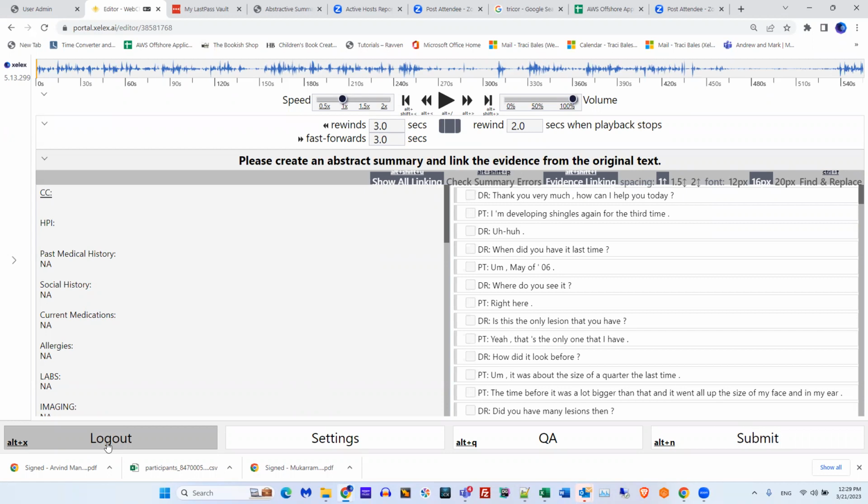Some other information about this: if you need to take a break, take it before you begin a file. Don't take a break in the middle of a file. If you are inactive for longer than 20 minutes, your file will go to somebody else. So take a break before or wait until after you're finished to take a break. Don't click submit just because you don't want to do a file. If you do that, they come to us blank and we send them right back to you.